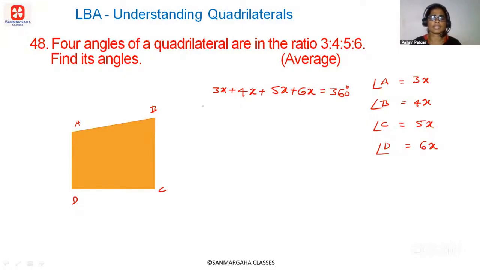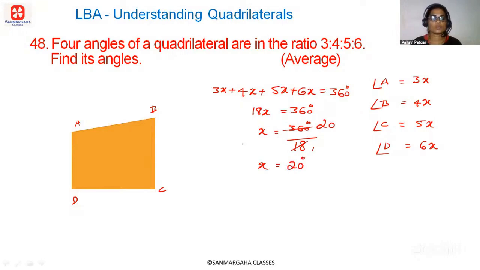Solve for x. So here 3 plus 4 plus 5 plus 6, so this is equal to 18x is equal to 360 degree. Now dividing both sides by 18, x is equal to 360 degree divided by 18. So x is equal to, 18 ones are 18, 18 twenties are 360 degree. So x is equal to